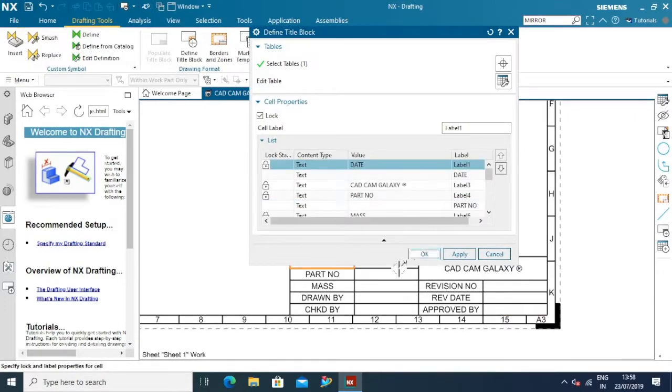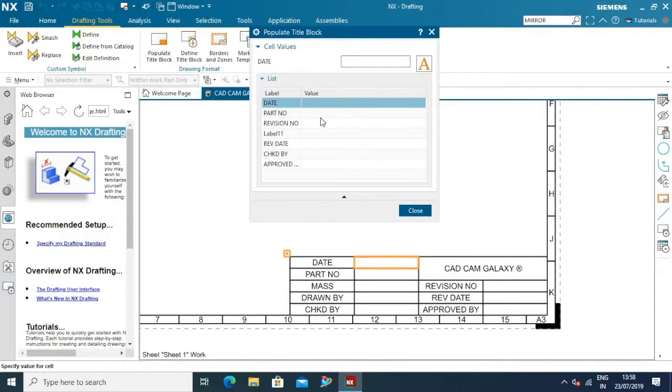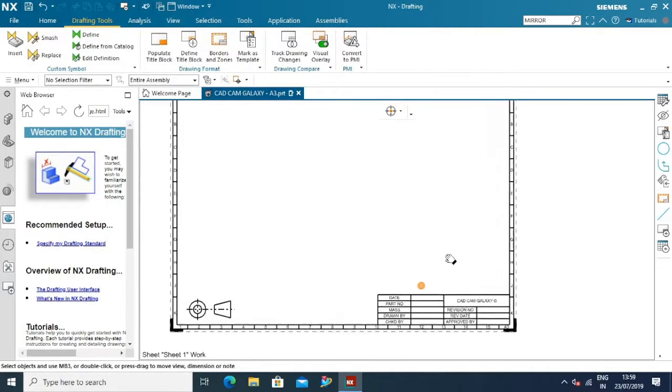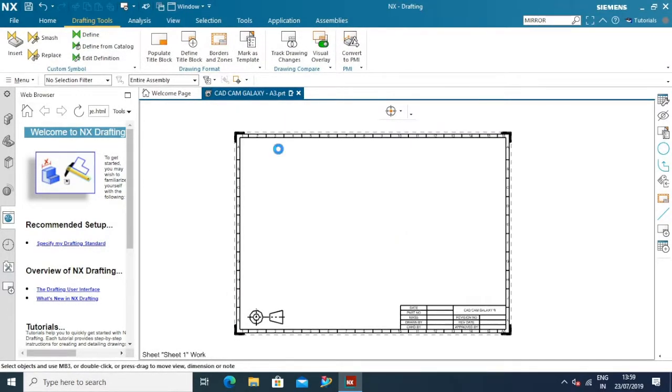Once this is done, I can hit OK. Now if I double click on the table, you can notice it is asking me for certain information. Here I'm randomly typing a date. The label is the one which you have defined, so if I type the label, it will automatically get populated, and if I delete it from there and hit enter, it will automatically get removed. So this is how we can create a template first of all.